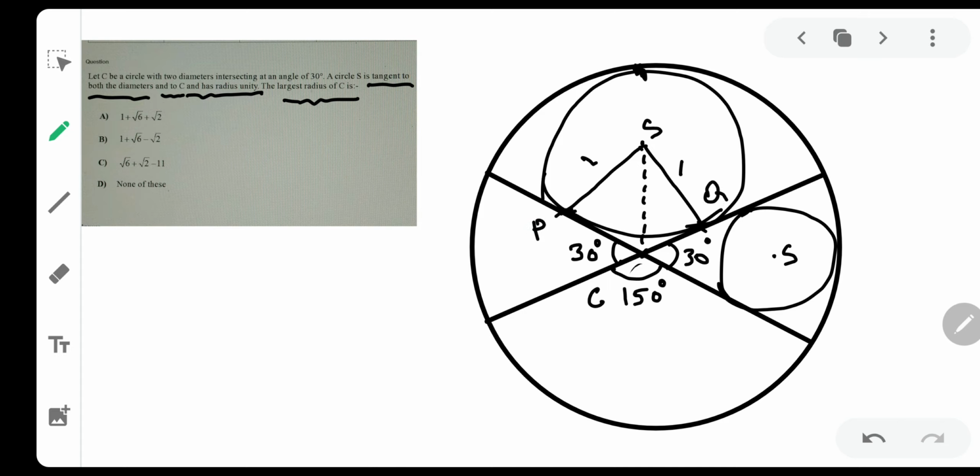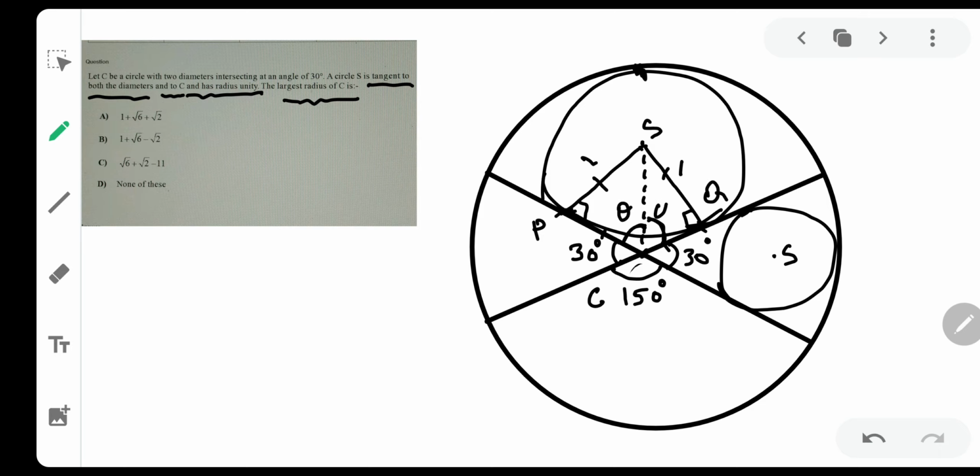Very good. Now observe very carefully. Over here this is 90 degrees, this is 90 degrees. These two sides are equal. Why are they equal? Because CP and CQ are the tangents drawn from an external point, hence they are equal. SP and SQ are the radii of the same circle, hence they are equal. And the 90 degree angles are equal, hence the triangles are congruent, hence these particular angles are also congruent.